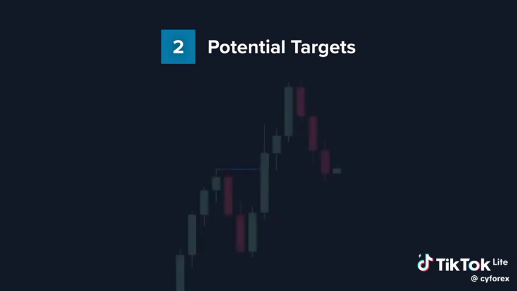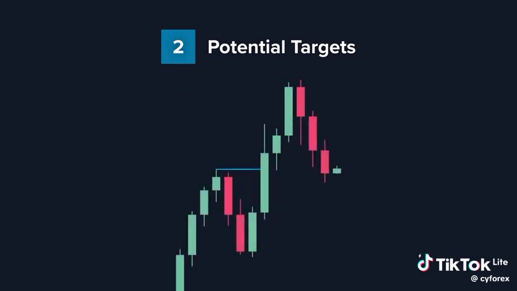So with this in mind, we now need to analyze this market structure and look for any PD arrays that we can find. As a start, we can mark out the previous swing high and swing low levels, as these are the current external range liquidity levels, of which one of them will be the main target for the price action. If, for example, the upper liquidity level is the level that ends up being broken through, this would create a new bullish break of structure, continuing the uptrend. But on the other hand, if the lower liquidity level was the level that ends up being broken